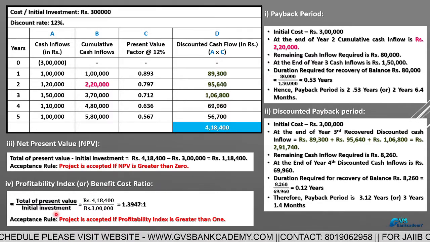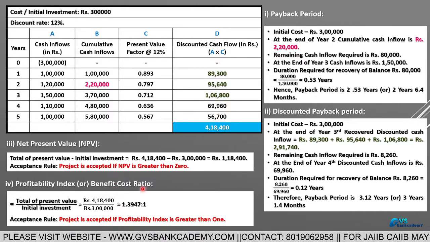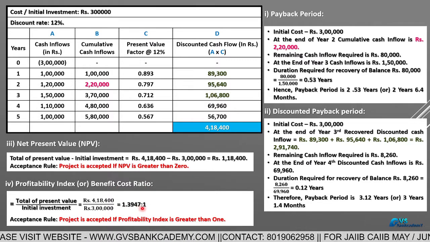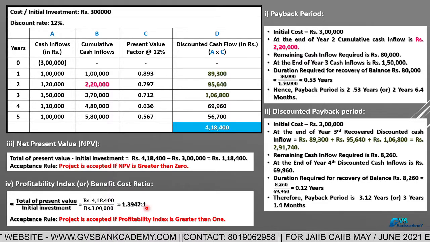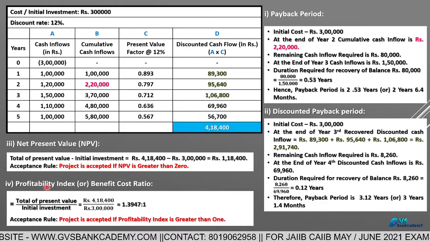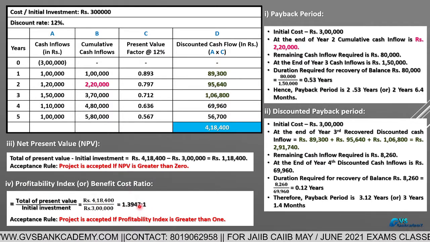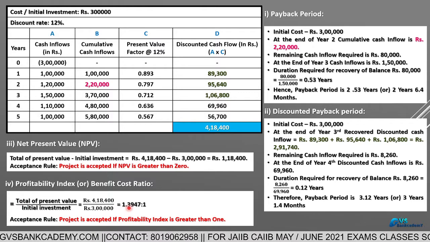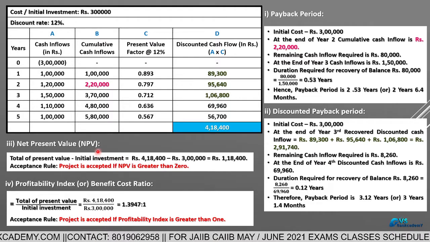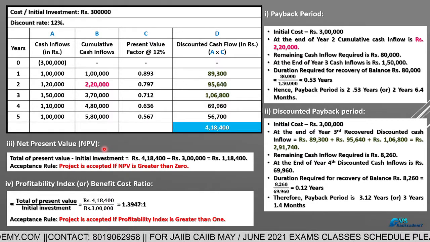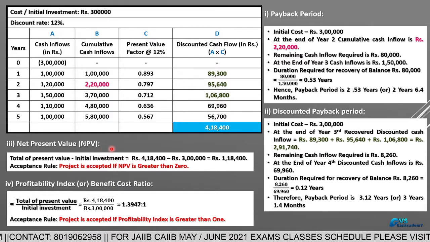Sometimes in the examination they give the benefit cost ratio for 3 or 4 companies. Out of that, which company are we going to invest in or select? The company in which the profitability index is more, that company only we can select. Sometimes they give this question in the promotion exam also. One more topic is the internal rate of return. In the next video we will discuss the internal rate of return, which is also a discounted cash flow technique.